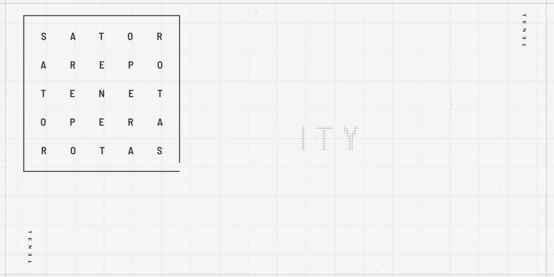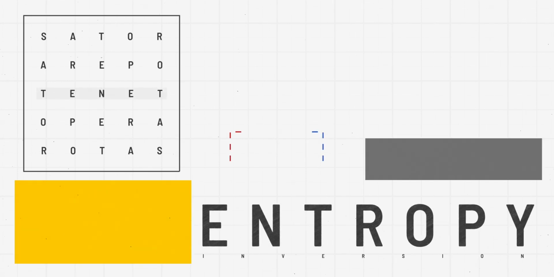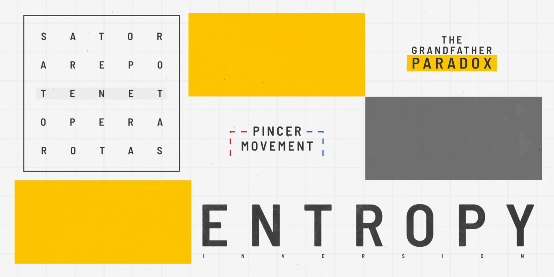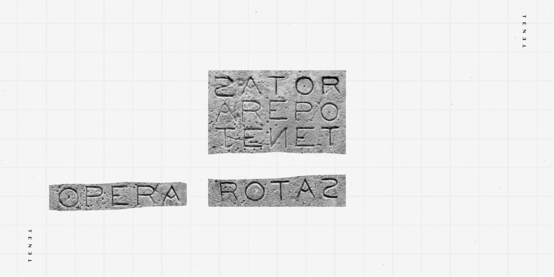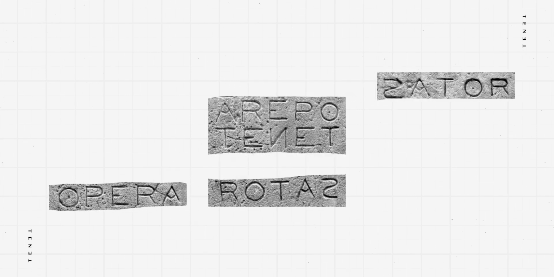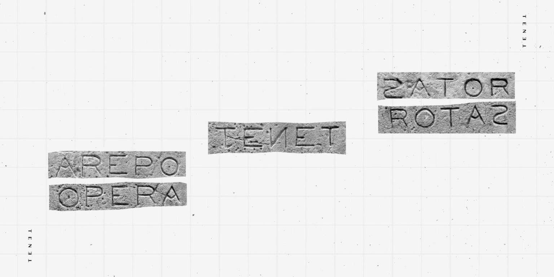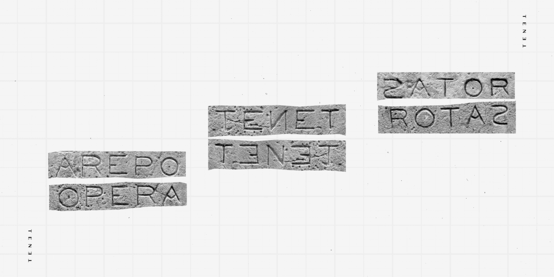Tenet's design is comprised of elements grounded in reality. An acrostic, a thermodynamics concept, a military tactic, and a paradox. From the SATOR or ROTAS square, Nolan designs the location for the opening scene, the name of the villain and his construction company, the name of a forger, and of course, the organization and title of the movie.